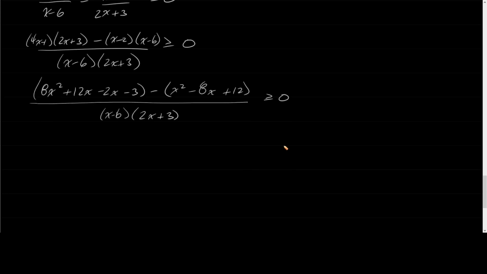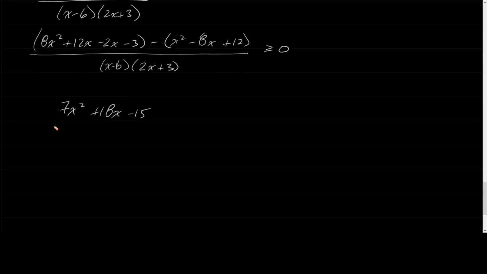At that point, we're going to reduce the numerator as much as possible. 8x squared minus x squared is going to give us 7x squared. 12x minus 7x, excuse me, 12 minus 2 is 10. 10 minus negative 8 is a positive 18x. And negative 3 minus 12 is negative 15. So now we have that over x minus 6 over 2x plus 3 greater than or equal to 0. Okay. Now,